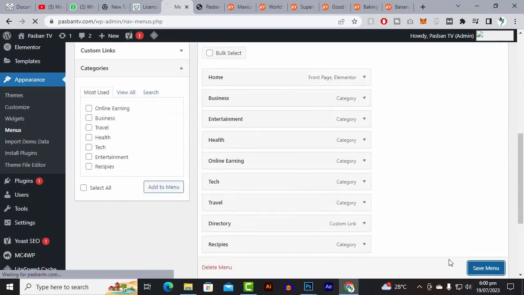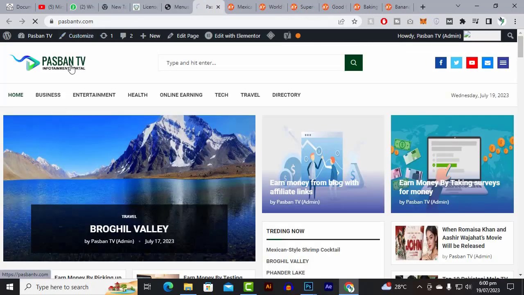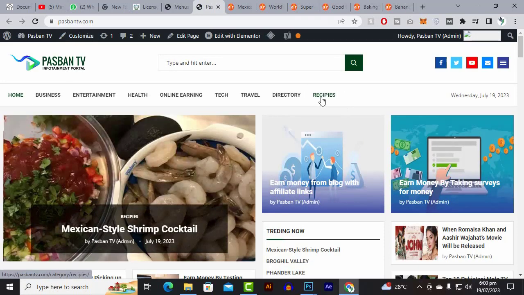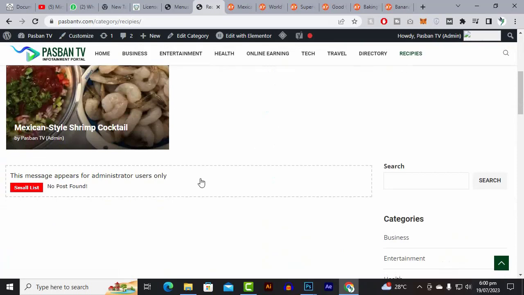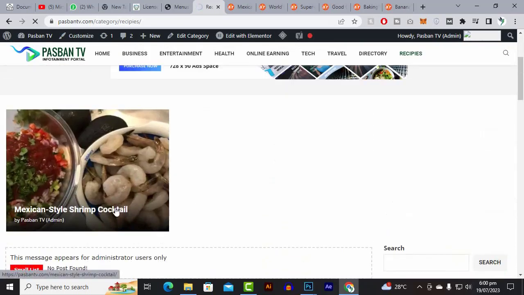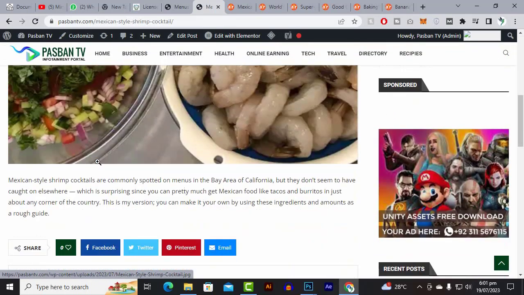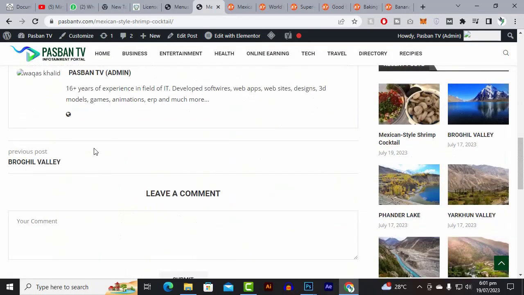Then we will save it, and after saving we will refresh, and hopefully we will now have the recipe menu here. Yeah, now you can see recipes. If you click on recipes, you will see that we have only one recipe for now. Our recipe will be visible in a beautiful style. So here is the description, and